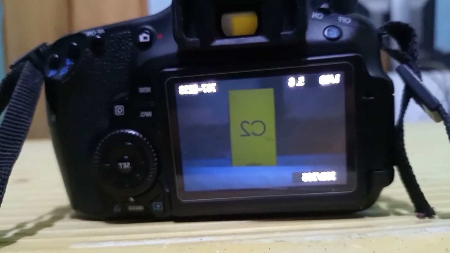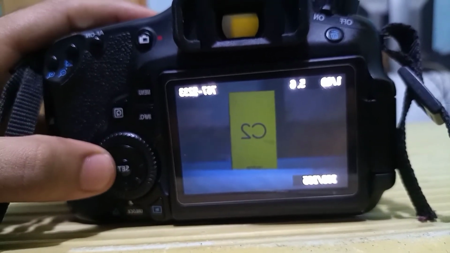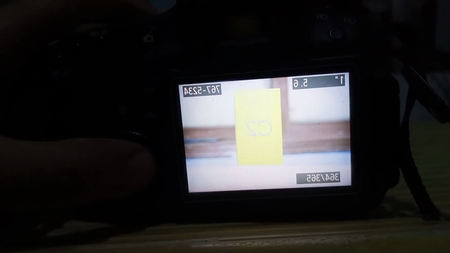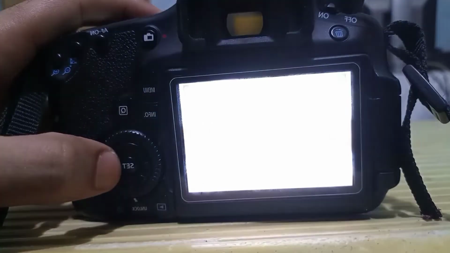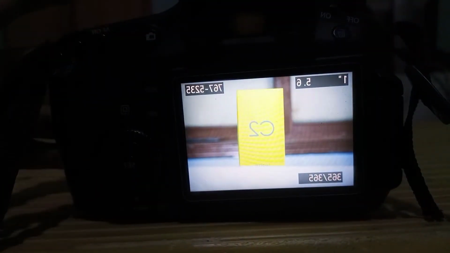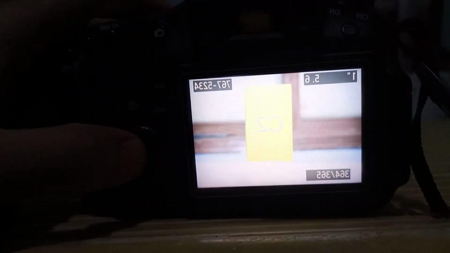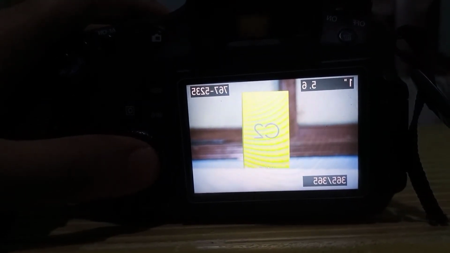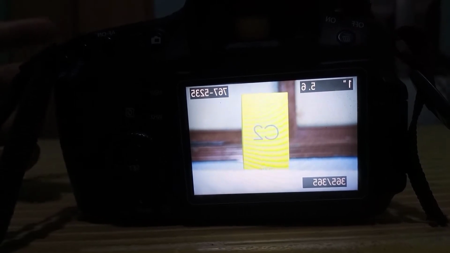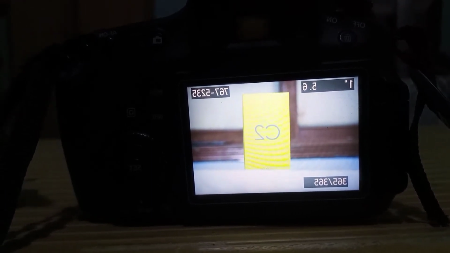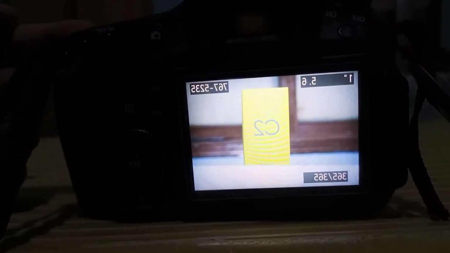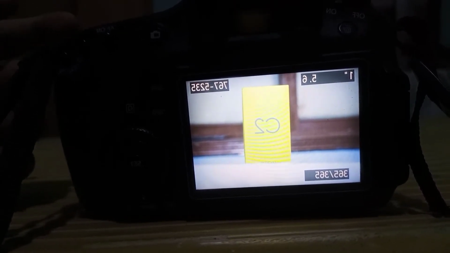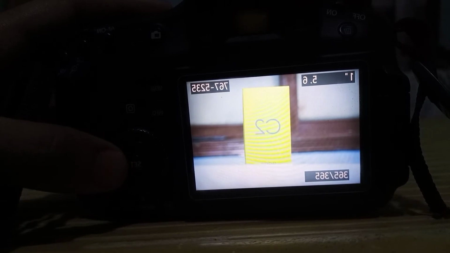1 by 60 shutter speed, and 1 second shutter speed. These two pictures I clicked at shutter speed 1. Shutter speed 1 means I give my camera sensor 1 second to take the picture, and in 1 second much light enters my camera sensor.